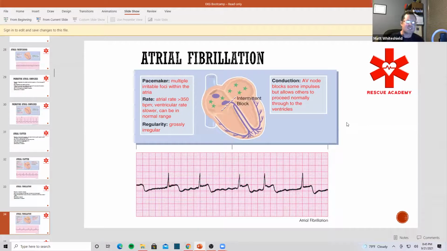I'm not going to get too much into treatment for this because I want to talk about actually reading the EKGs, but there is one thing I do want to say about AFib. Once our ventricular response becomes too rapid, aka a heart rate greater than 150, we are going to give a calcium channel blocker to slow down the ventricular rate. There's nothing that I'm going to give that's going to slow down that atrial rate, right? This person has AFib. People live with AFib all the time, but we need to slow down that ventricular rate because if we don't, then this patient's cardiac output is going to drop and that patient could potentially code